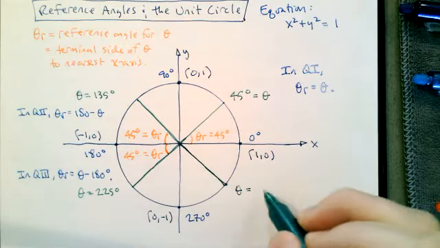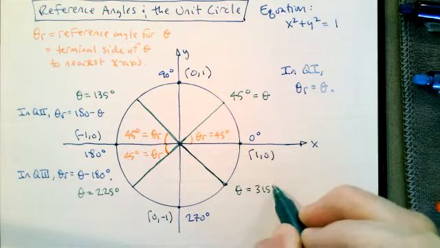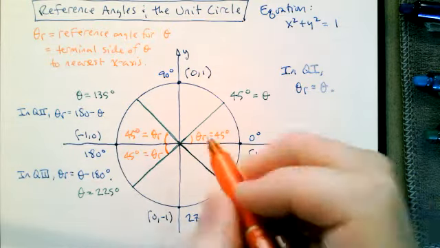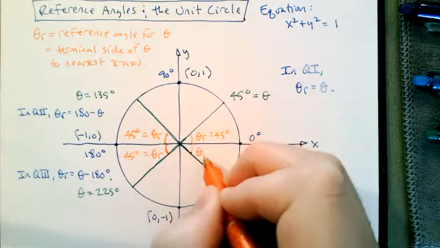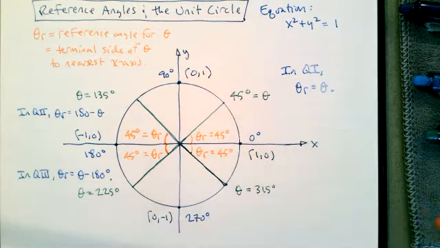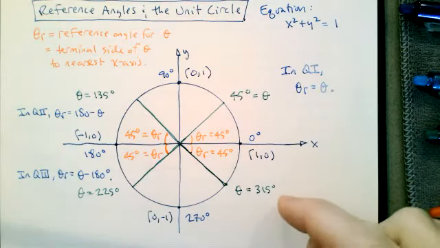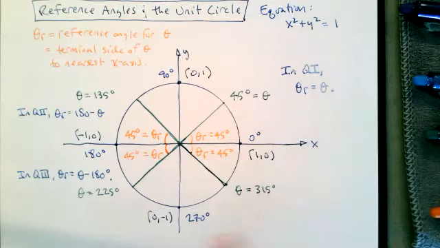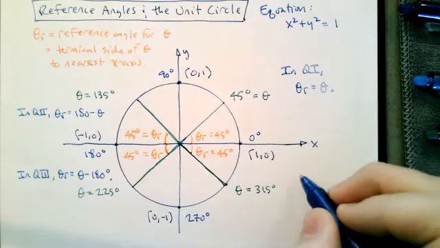So here an angle is going to be, I'm going to use 315 because that's a 45-degree reference angle in Q4. So theta is 315. If theta is 315 degrees, we want to go from the terminal side of the 315 to the positive x-axis. There's 45 degrees to go. So in Q4,